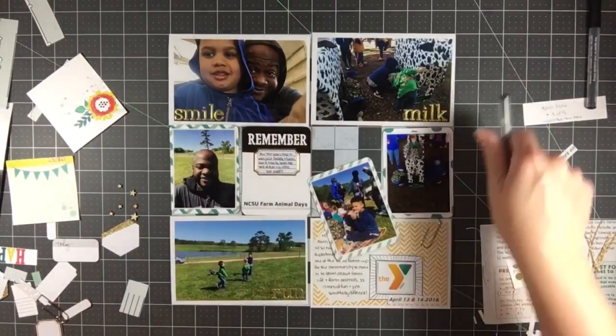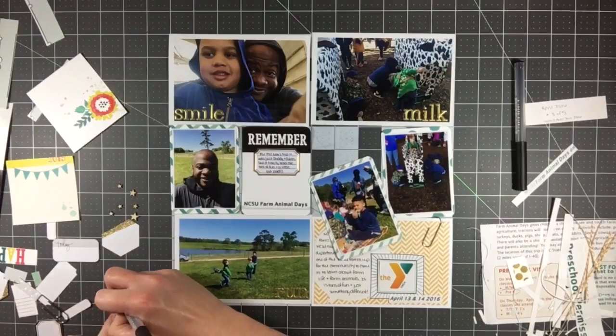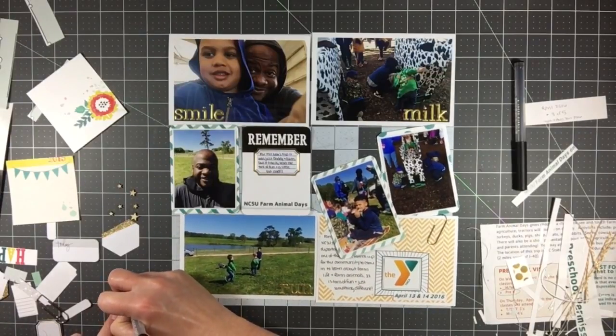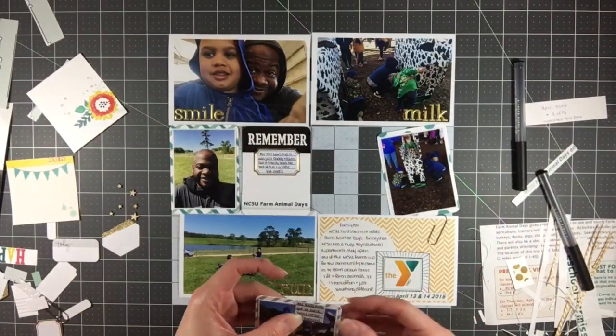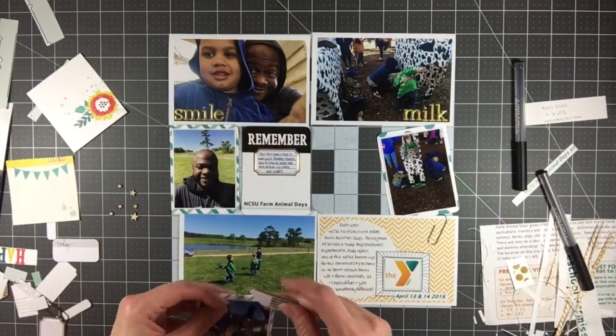It's like the creamery. And so they sell it at the state fair, and then they sell it at different events, but there's not a store you can just go in and buy it. I thought there used to be somewhere that carried it, but I can't seem to find it now, so I guess they don't carry it anymore. I think they just sell it at events, and so this is one of the events that they sell it at. And so I just put a little bit of journaling here, and that's just another bit of that card,